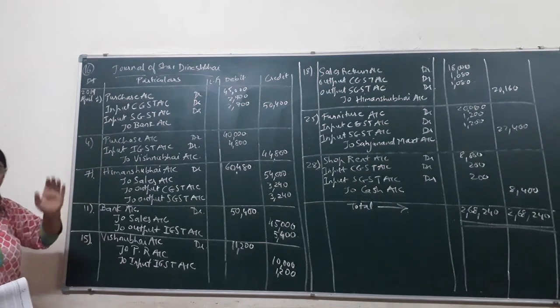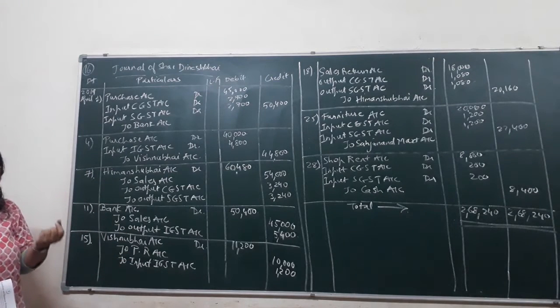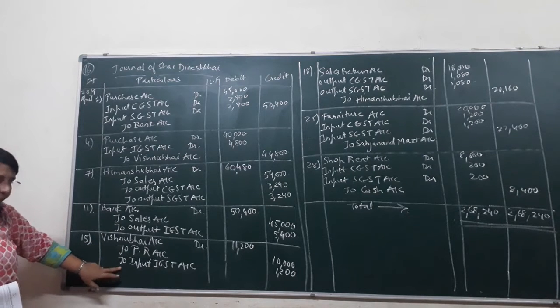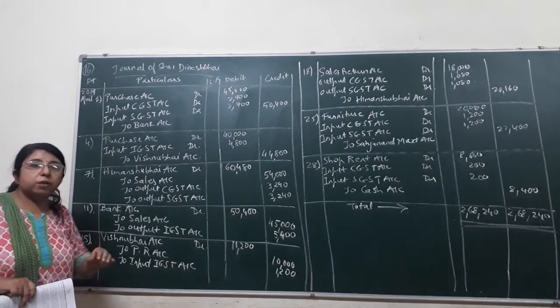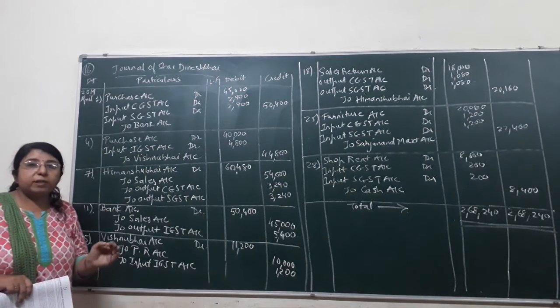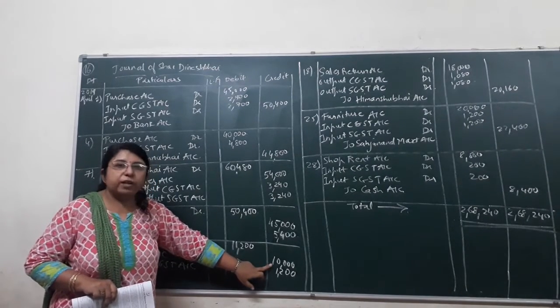But while returning the goods back to the person from whom we have purchased the goods, both the amounts will be credited. That is purchase return always. Students know that because of purchase return, goods go out from the firm. So credit what goes out, as per the rule of real account. Okay. So 10,000 worth of goods that we have returned back.